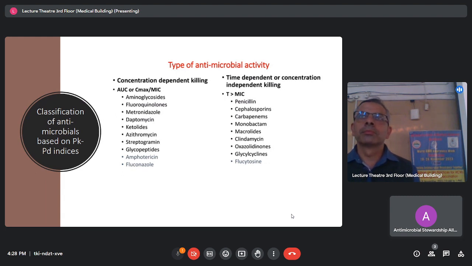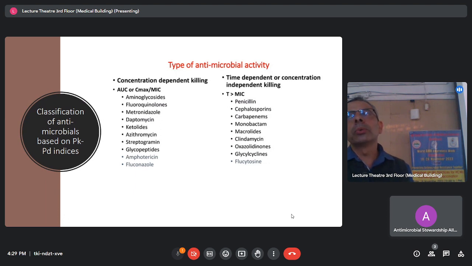Then write on the right hand side TDS or 6 hours. Normally TDS is for the oral doses, and you have to write on an hourly basis for the IV, such as 6 hour or 12 hour. Another thing about drugs which have got concentration dependent killing is we should be giving a loading dose also, which is relevant in case of IV. Levofloxacin is quite commonly used,